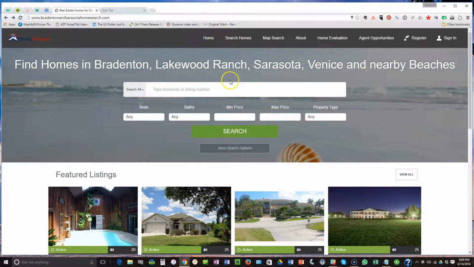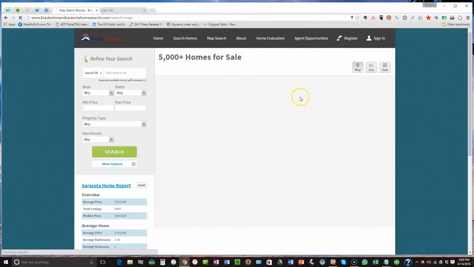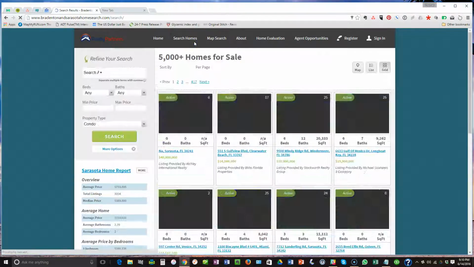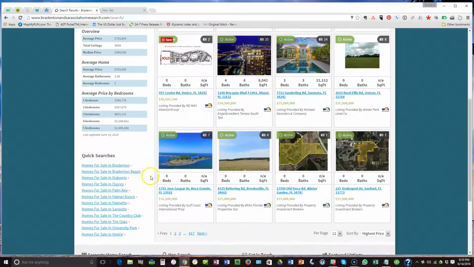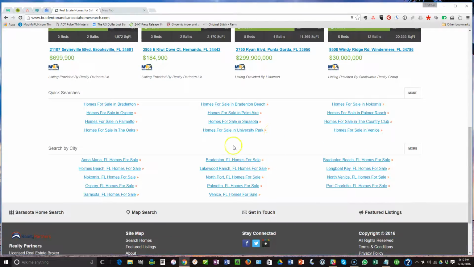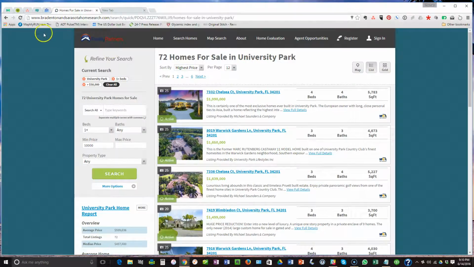However, if I go back to BradentonSarasotaHomesearch.com and I click on map search or I click on agent opportunities, you can see how this address bar here changes. Now, when it comes to doing marketing, advertising, pardon me, for homes for sale, let's just go to the homepage and click on one of the pre-configured search links down here. You can see that there is a quite complex search code in here,